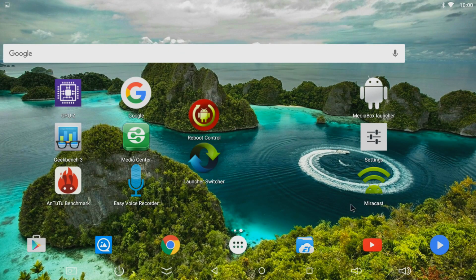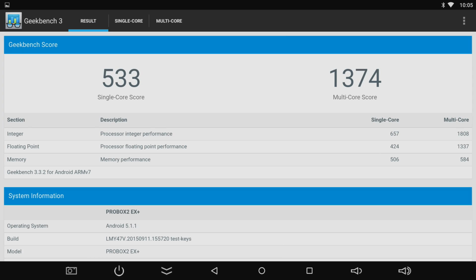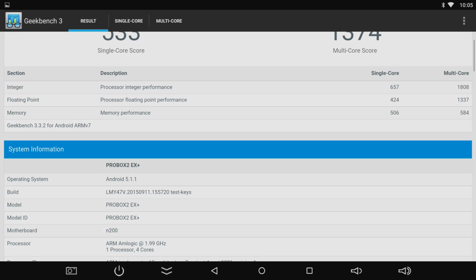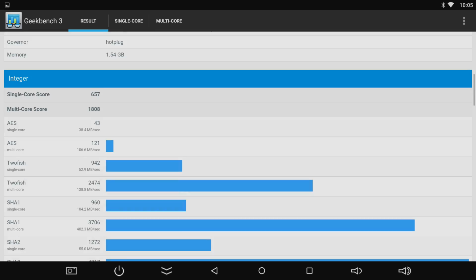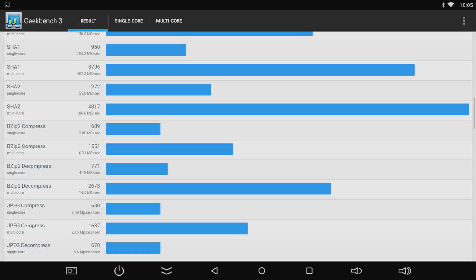I ran a few benchmarks on the player, and they came out pretty well. First off, we have Geekbench, and that got a total overall score of 1374. Geekbench runs a lot of common tasks like compressing JPEGs and unzipping files, and it tests the floating point performance. This player is nice and fast, and you don't have to wait for things like loading apps or navigating very